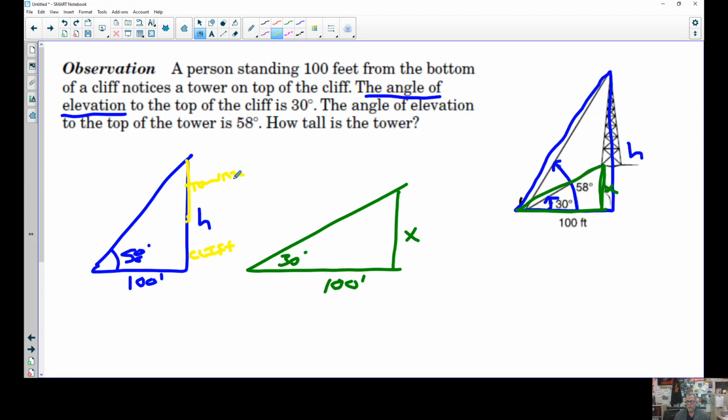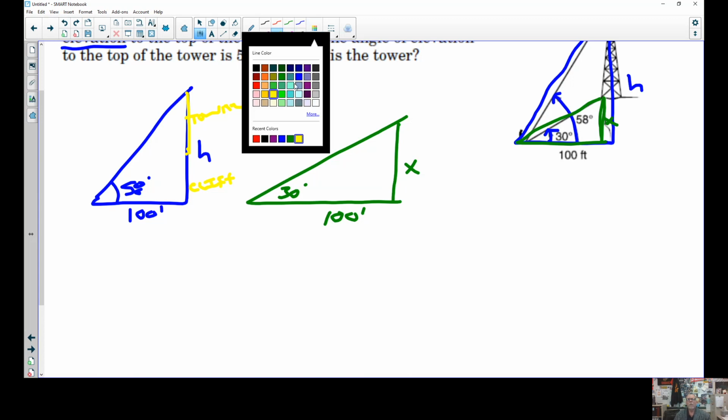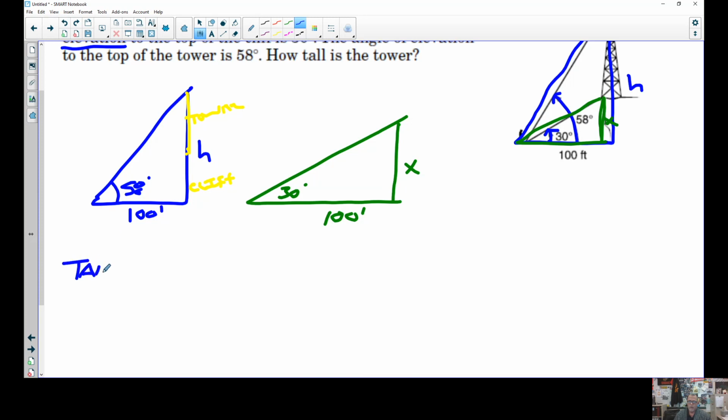Everyone follow that? So I can draw these two triangles and I can solve them. This one here, what do we know? We have an angle, we have the side adjacent, and we're looking for the side opposite. What relates opposite, adjacent, and the angle? That would be tangent. So I could write tangent of 58 degrees equals H over 100. Opposite over adjacent. And that makes H equal to 100